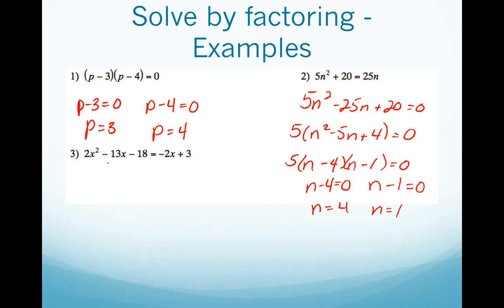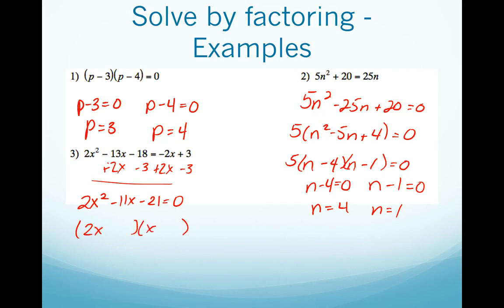This last one here is a little trickier. We are going to add the 2x to its like term over here and subtract the 3 from its like term. So you've got 2x squared minus 11x minus 21 equals 0. So this one, we have to do a little bit more trial and error because we don't have a greatest common factor like we did in number 2. That 2x squared is going to come from 2x times x. And then our 21, we have to think about our options. We have a 7 times 3, we have a 1 times 21. We have to figure out which pair and in which place will give us a negative 11x from the outside